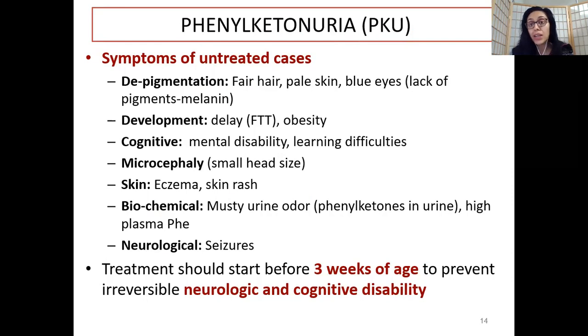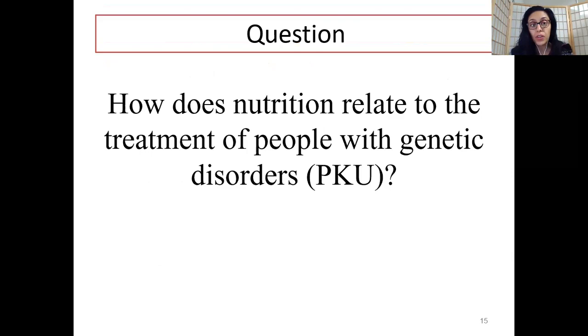So just like, for example, type 1 diabetes. Now type 1 diabetes, we know, can be managed with excellence, and you can have a fantastic quality of life. Similarly, PKU can be managed very, very well, and you will not have neurological and cognitive impairment in these individuals. However, you need to be mindful about their management, and early diagnosis. So how does nutrition relate to treatment of PKU? As I have emphasized, this is a nutrition-related genetic metabolic disorder, and nutrition plays a very important role.